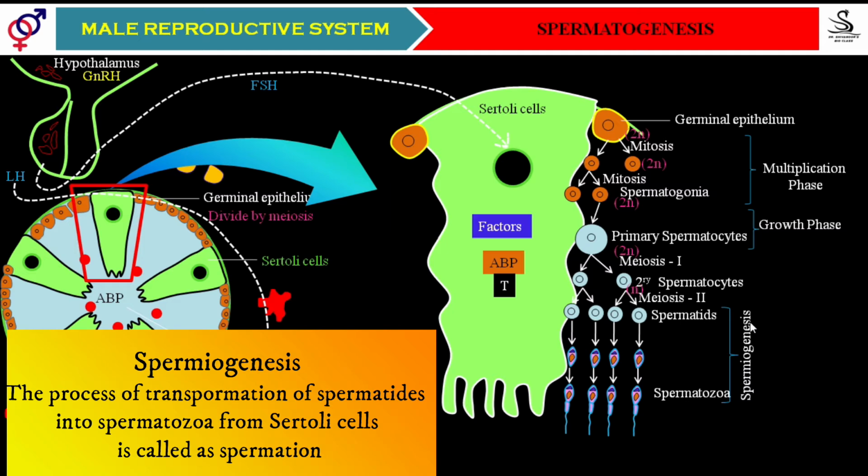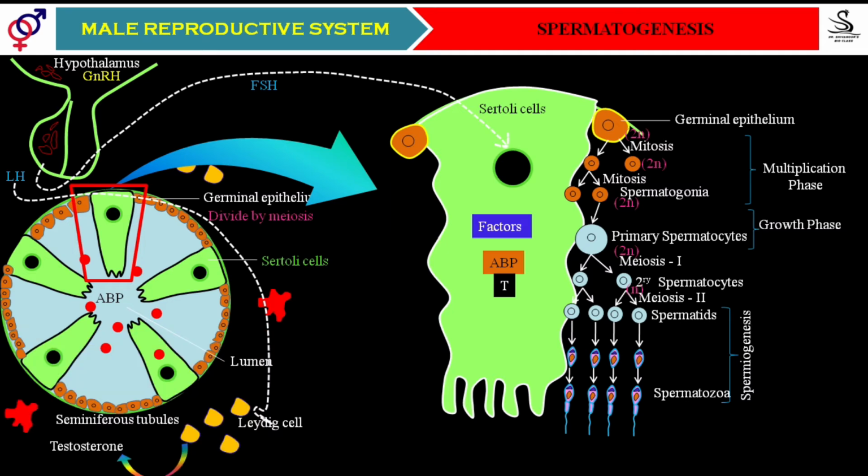spermiogenesis. Students, you must understand spermatogenesis is different, and spermiogenesis is different. Spermiogenesis means transformation of spermatids into the spermatozoa. What is the meaning of it, students? You might be observing these are just normal cells; they don't have a tail-like structure, they don't have a head-like structure, they don't have a mid-piece-like structure, but all that will slowly occur, and all these things are going to occur with the support of Sertoli cells only, and finally they lead into the